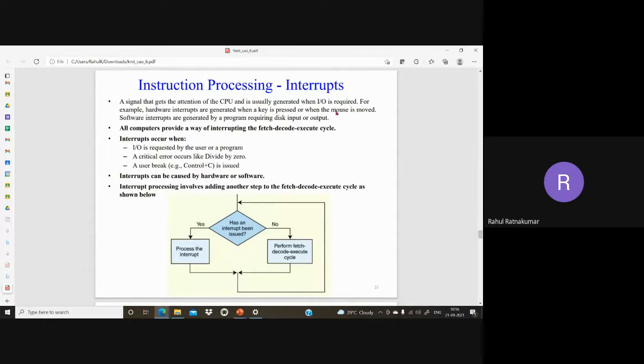But there is some interrupt which is high priority. For example, you're talking to your friend and you get a call from the director of your college. That is high priority, so at that time your talking is interrupted, right? That is the analogy of an interrupt. When you're doing something and something high priority comes, you have to interrupt the present work. It can happen when there is a divide by zero error, the user stops the operation, the battery is down, or some other communication device is trying to communicate with the system, or you're trying to connect to another system on the internet. It can be hardware or software.